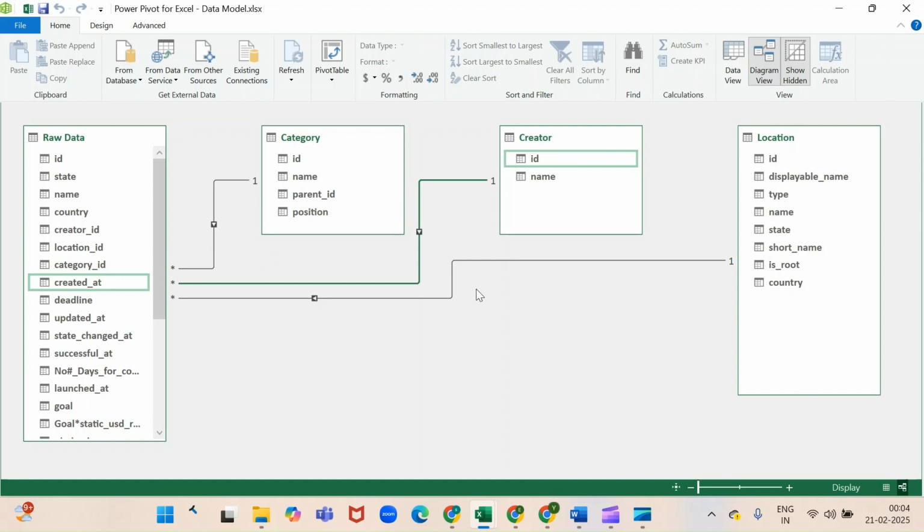In the next video, we will learn how to create an Excel dashboard using the same data model that we have